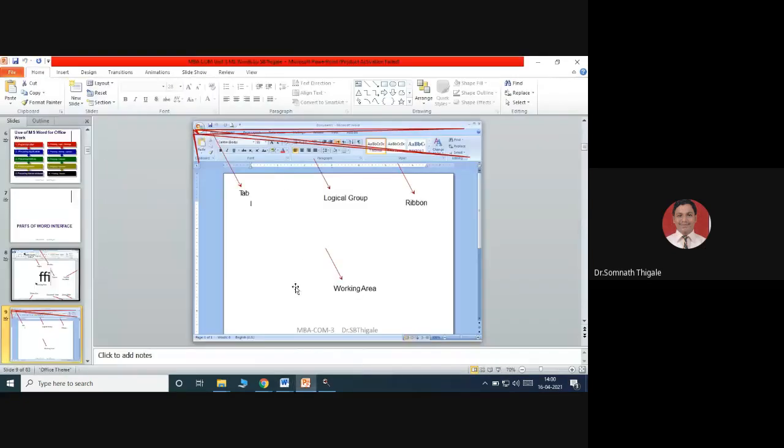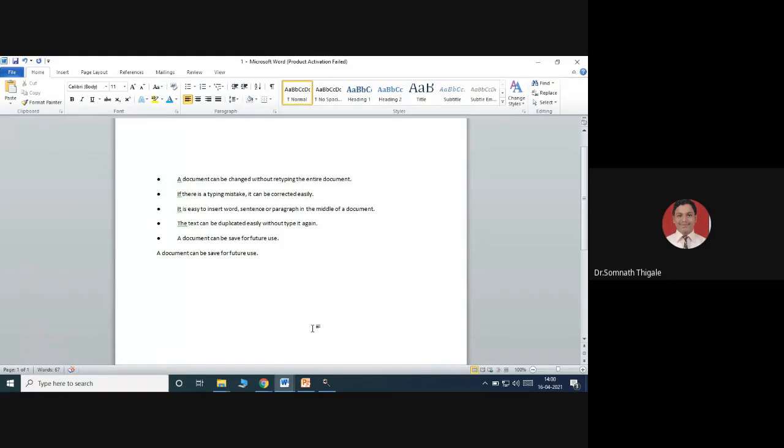Okay. Second, this is the logical group, meaning whatever properties you are going to change inside the document will be done with the help of the logical group. Now let's see, one of my documents is open here. I just want to change some properties of the text I have typed there, to change its look. Earlier it was aligned to the left. I want to bring it to the right.